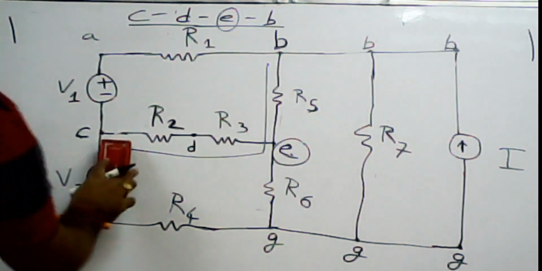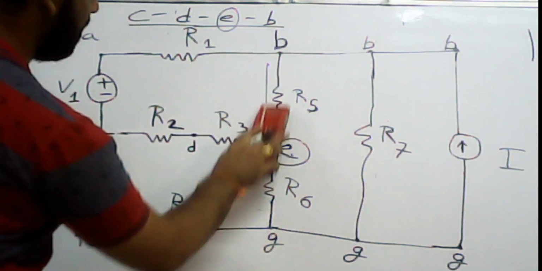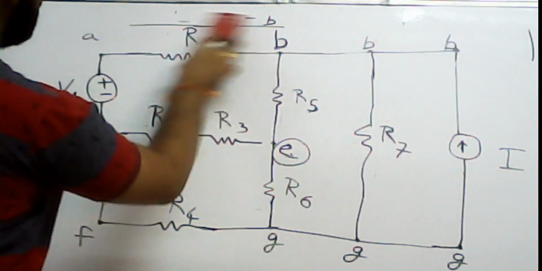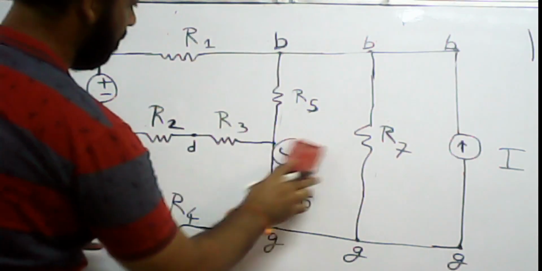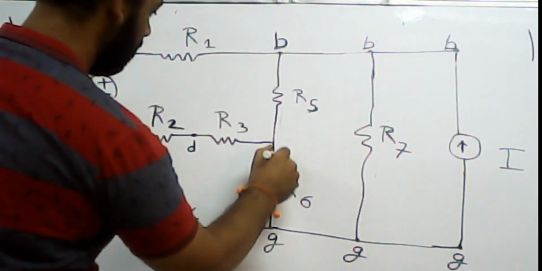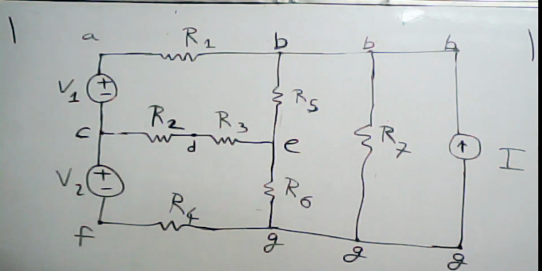Then we go to the bigger parts of our network, which are loops and meshes. So what is a loop? A loop is basically a path in the network which starts from a node and ends on the same node. But there is a condition that it should pass through any node only once. It cannot pass through a single node more than once.